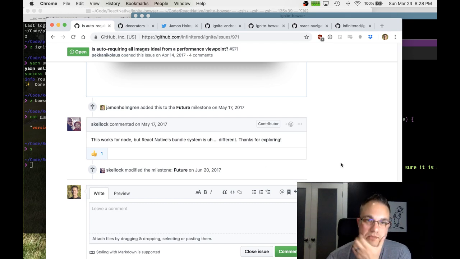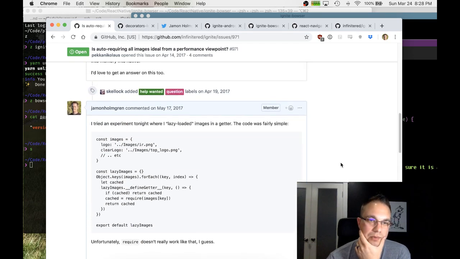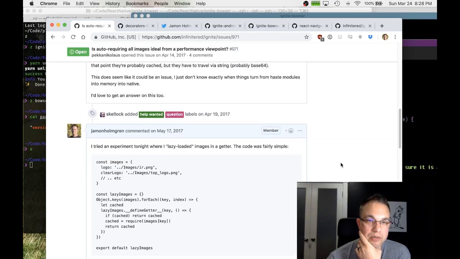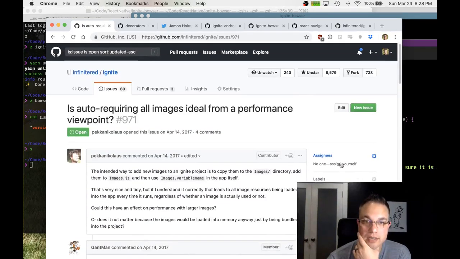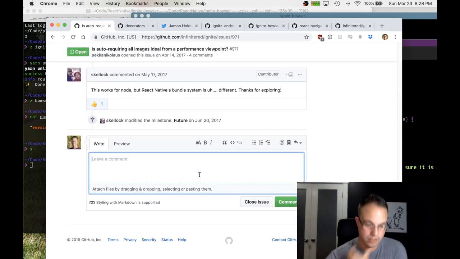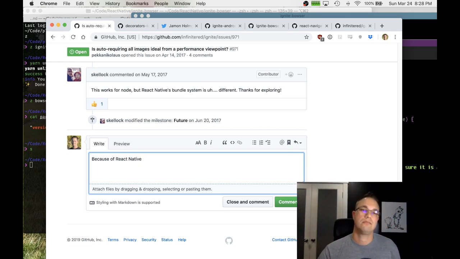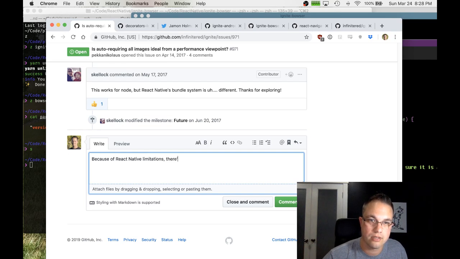Yeah, so React Native's bundle system is different from a performance standpoint. Requiring all the images is pretty much how you have to do it. This was before I really understood that. It's a good question, but because of React Native limitations, there's not a great way to get around this other than... Actually,